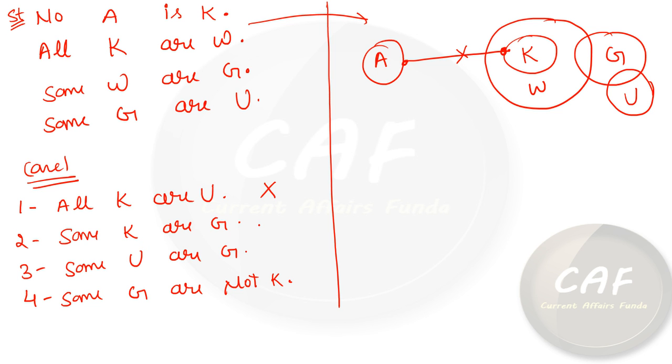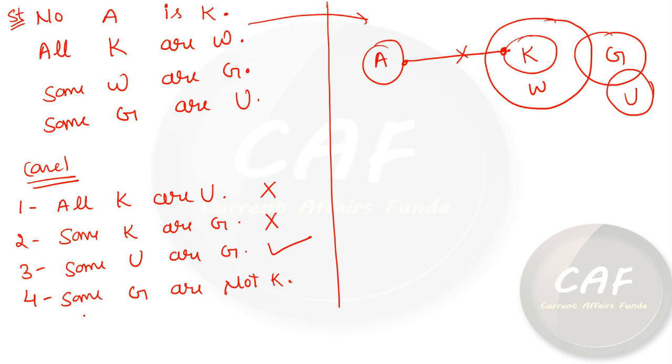Now let's see the next here. Some K are G. Fine. This is the reason of K and this is the reason of G. Maybe it may be possible, but this is not sure. Fine. So some K are G this may be possible and some K are G this may not be possible. So we are in doubtful situation. So it will be cross here. It will be unfollow. Now friends, let's see the third option here. Some U are G. So friends, some G are U then some U are G. This will be possible. So we will write here it will be follow from the given statement.